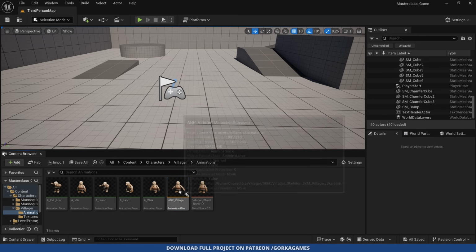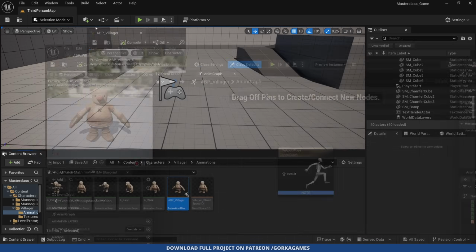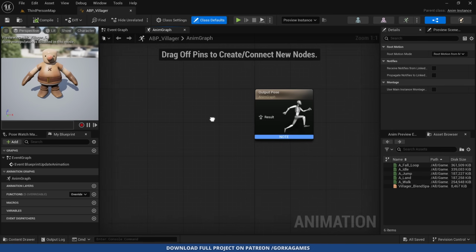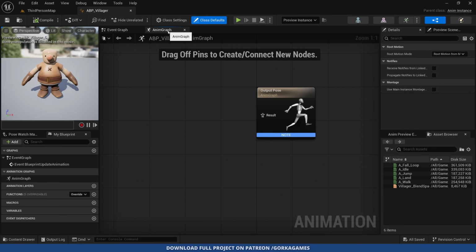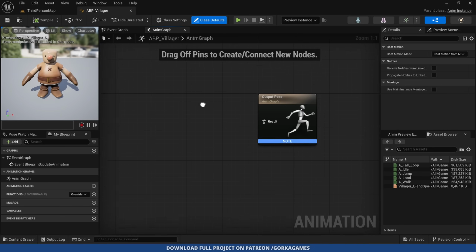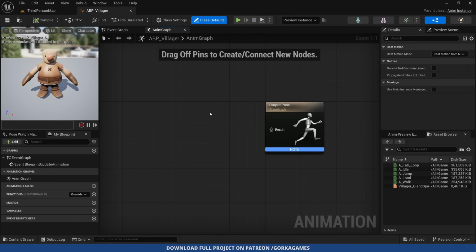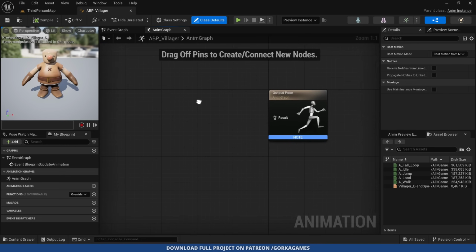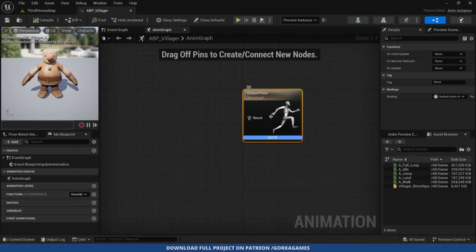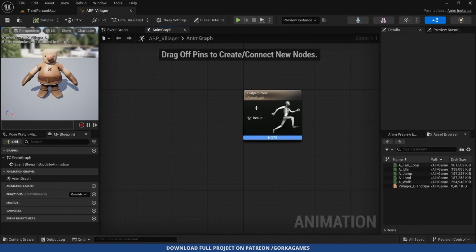And boom. So let's double click to open up this new animation blueprint, and boom, we find ourselves with the anim graph. Now, once again, animations in Unreal are super cool because they are done with nodes, which is really nice for all types of developers. So in this case, as you can see, we have this graph over here with a node, and this is the output pose. This means that whatever is fed into this node will be what is displayed in our character